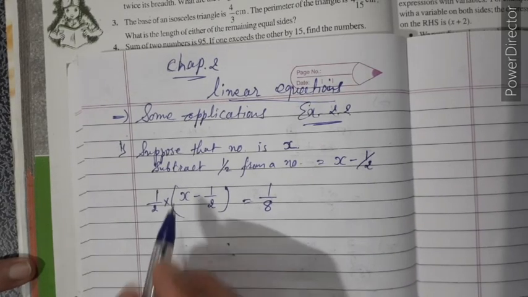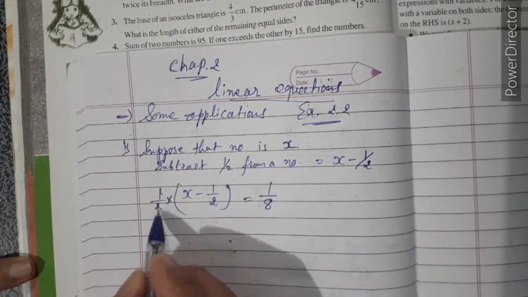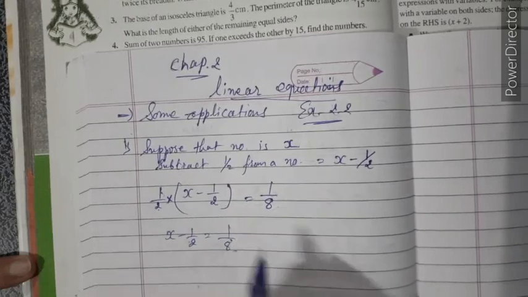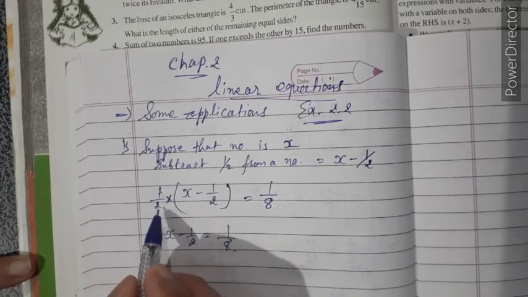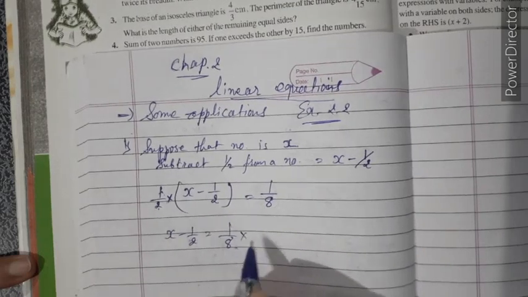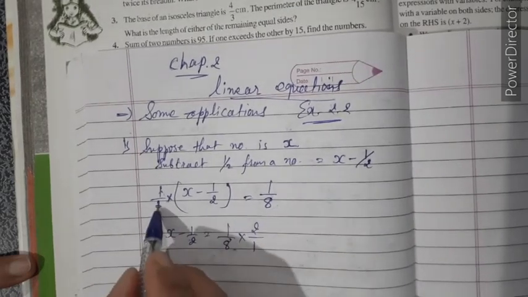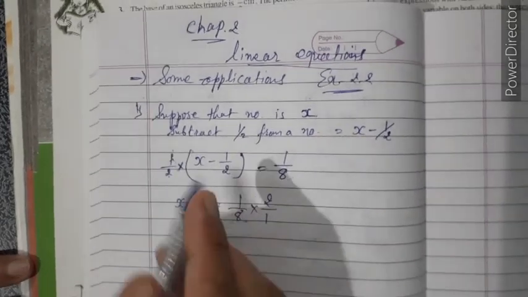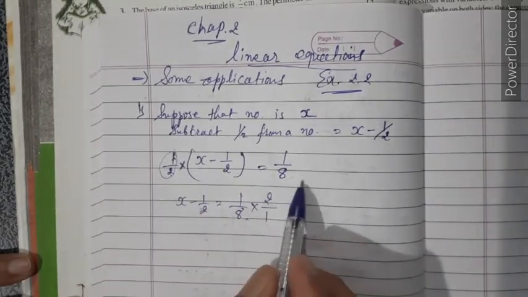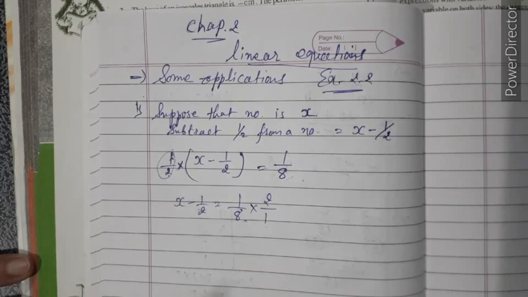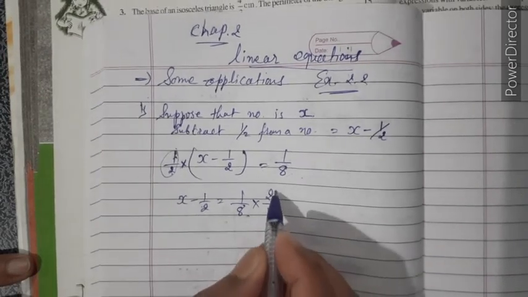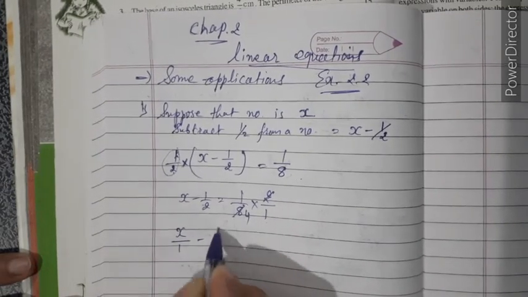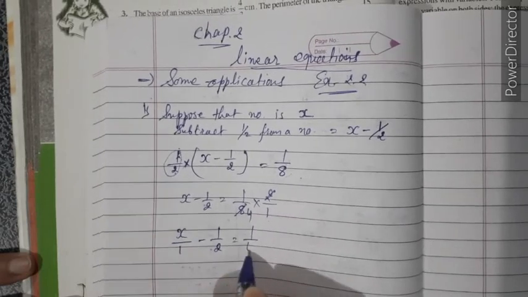Now what to do? Look, 1 upon 2 is multiplied, change the side, so x minus 1 half equal to 1 upon 2 times... Now here 1 is in multiple form and 2 is in division form, so division and multiply convert into each other. That means a reciprocal rational number is there, and if you change the side of a rational number, what to do? Just write down the reciprocal of that number. So 2 4s are 8, so x minus 1 upon 2 equal to 1 upon 4.